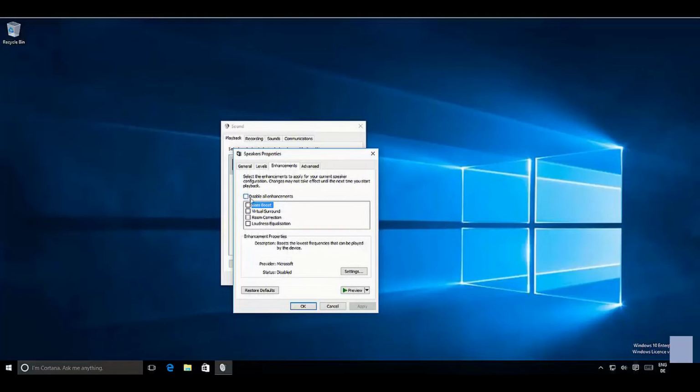Yeah, right. So by default it's unchecked, so what you need to do is you just need to check it and then apply the changes and then click OK, and then once again just